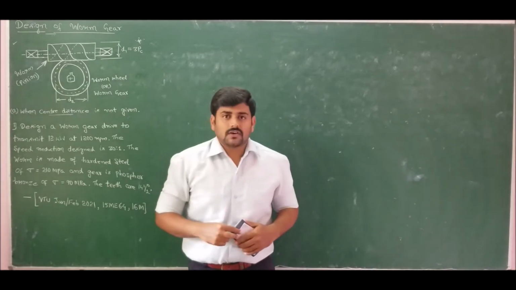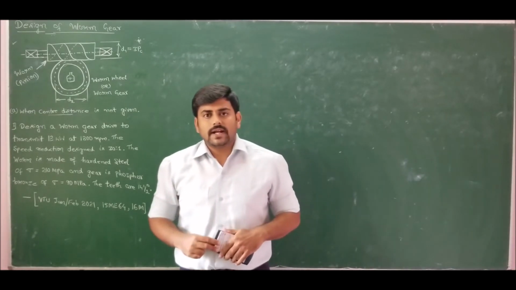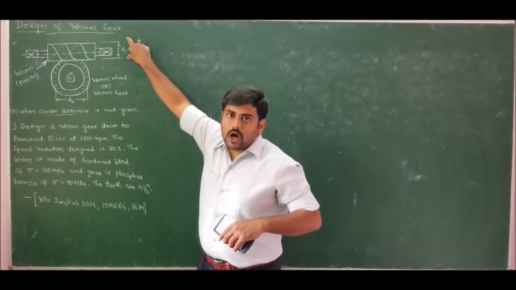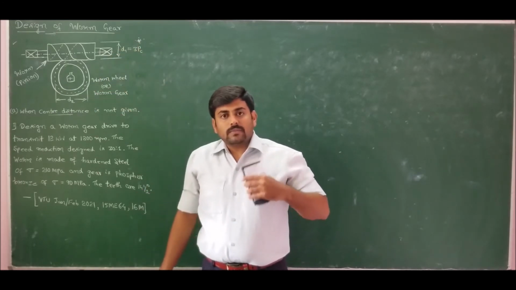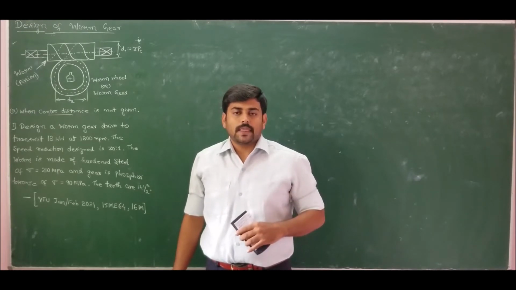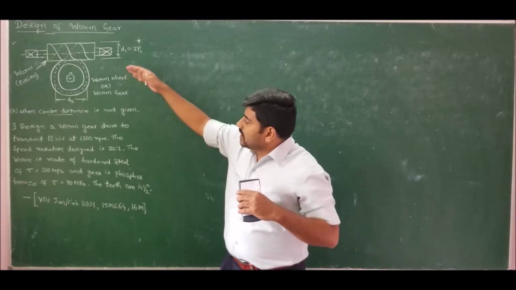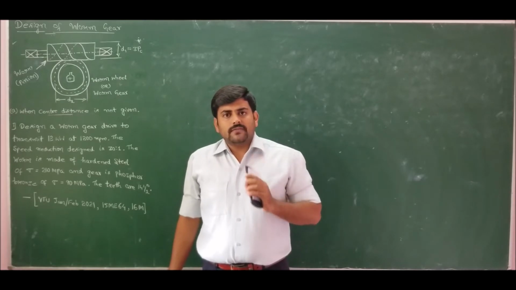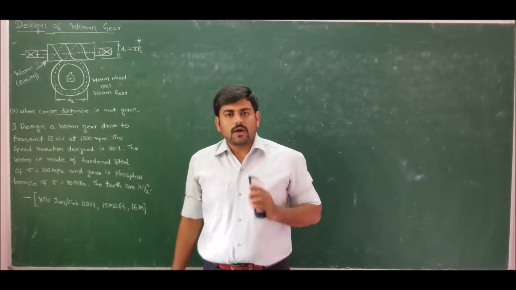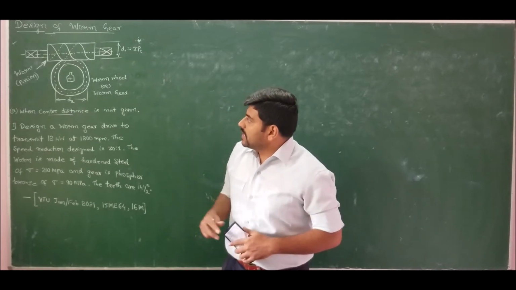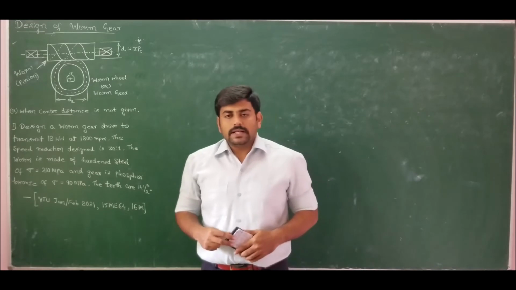Coming to efficiency of worm gear, the efficiency is defined as work done by the worm gear or worm wheel to the work done by the pinion or worm. If the worm gearing efficiency is less than 50%, then the worm gearing is said to be self-locking. That is, we cannot transmit power by applying torque on the worm wheel. This type of self-locking worm gearing system is employed in hoisting mechanisms. So, with this very brief introduction to worm gears, let us design the worm gear completely in today's lecture.